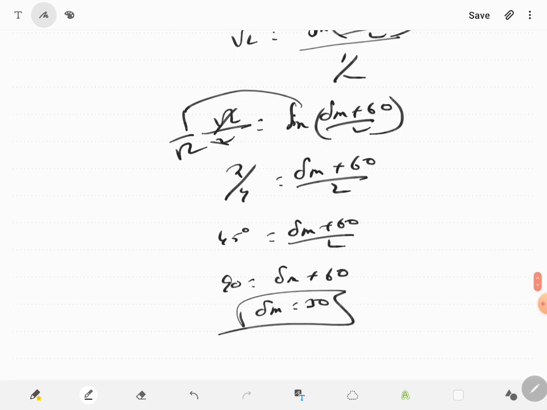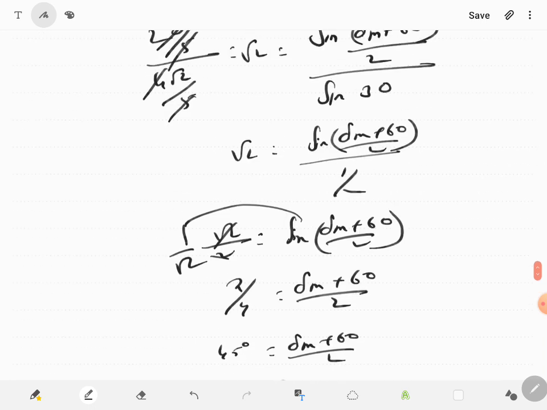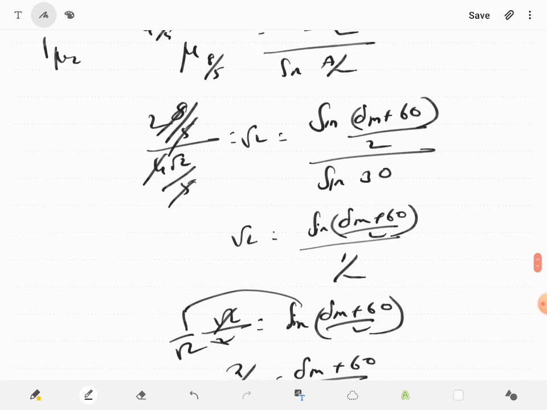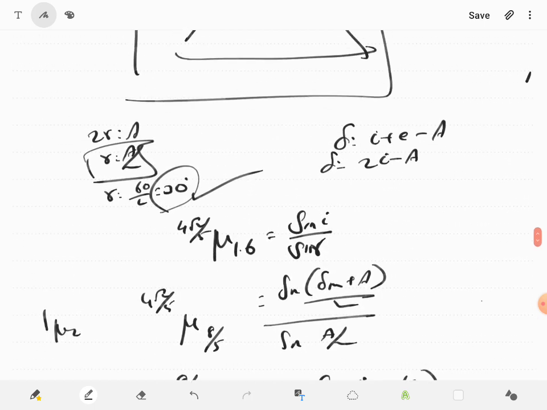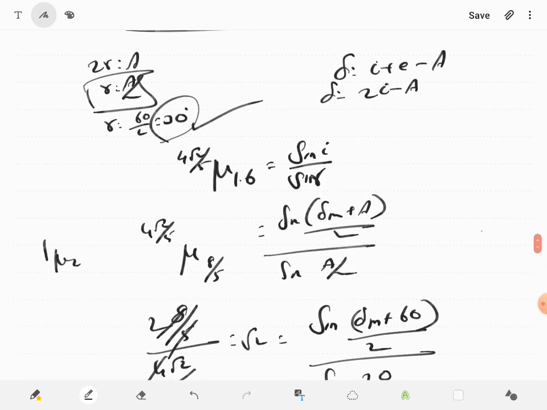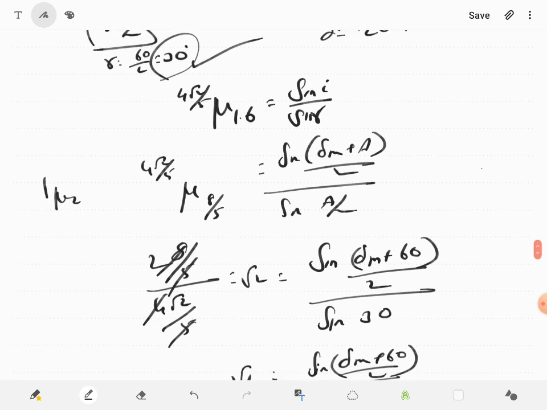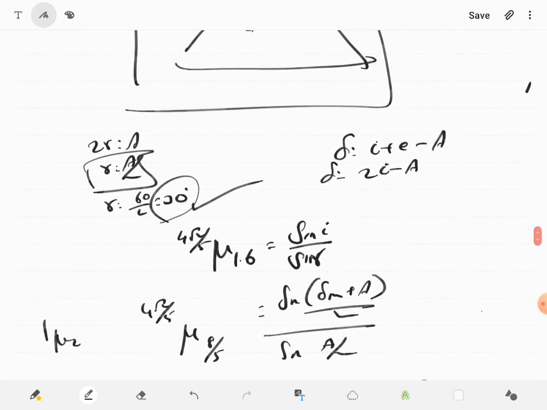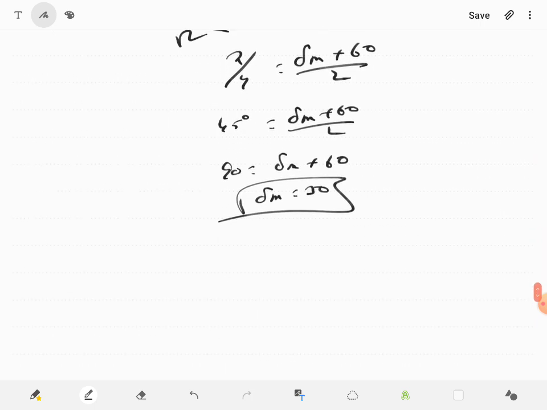This is what strikes me. Okay, any other method strikes you, you can go ahead and do it. But this is what strikes me when they ask you minimum deviation. The angles are larger, so therefore I have to stick to this. That is what I thought. Okay, so let's go to the next question. So thus you found the minimum deviation.